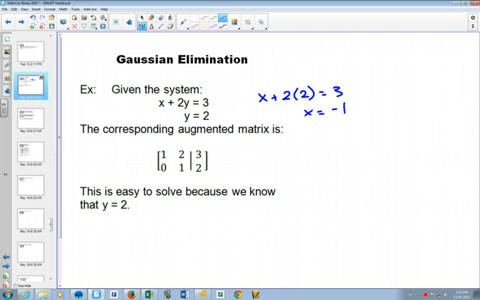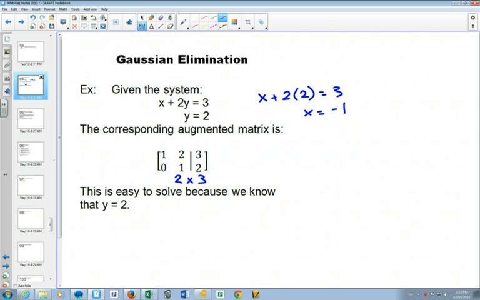Now, we can take our equations that we have there and make something called an augmented matrix. So an augmented matrix is the same matrix that you had. In fact, if you were going to type this into your calculator, it has 2 rows and 3 columns, so it'd be a 2 by 3. And where the equal sign is, we just draw a straight line to show that on the left was where you had your x's and your y's, and on your right you had your solutions